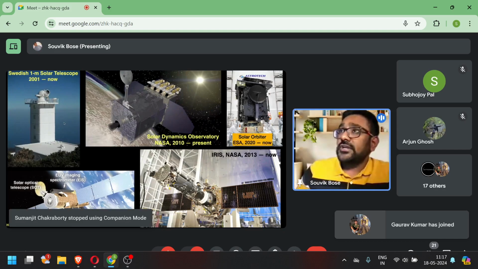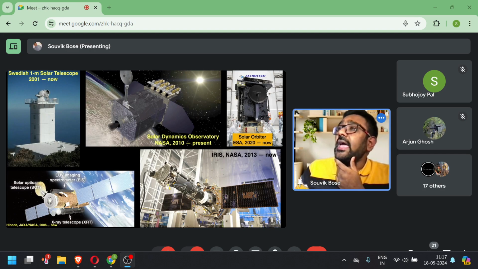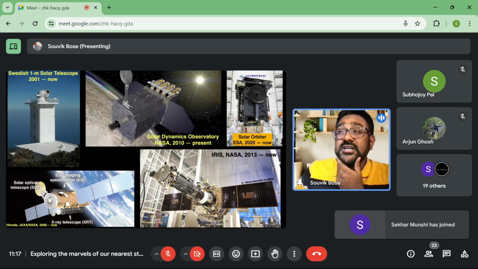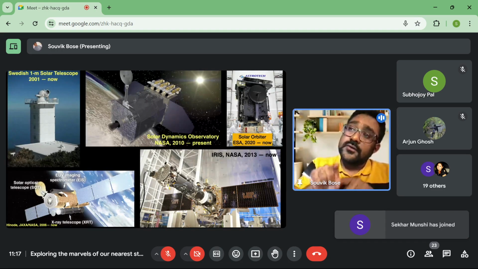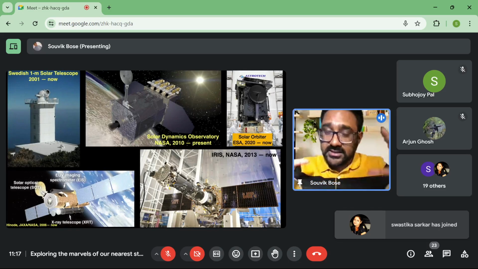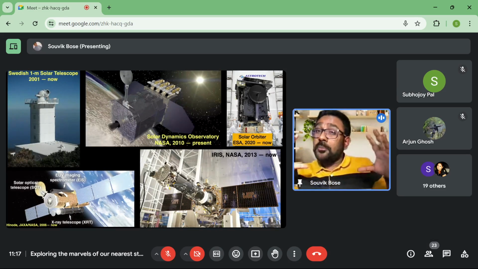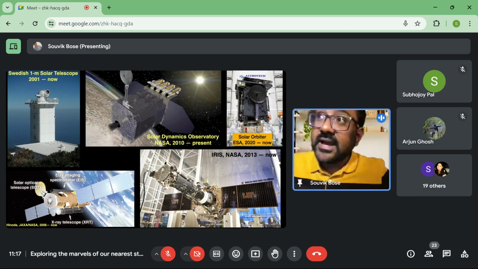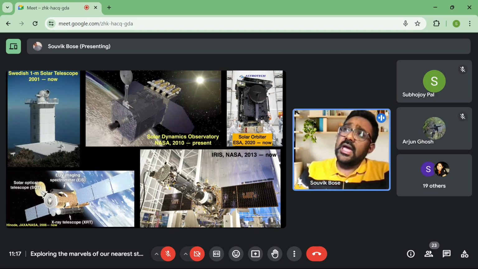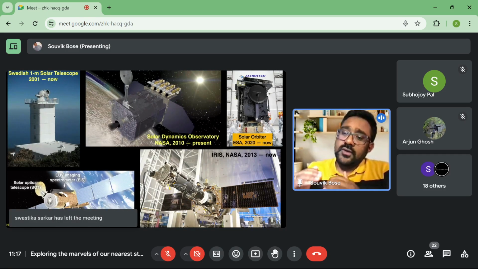We have observations from the ground-based Swedish 1 meter solar telescope, which has been functional from 2001. And this was the first telescope in the world to reach a spatial resolution of 70 kilometers on the surface of the sun, meaning that we can resolve features on the surface of the sun down to a scale of 70 kilometers, and that's huge. You can imagine the diameter of the sun is roughly 1.4 million kilometers. So if you consider that, and if you consider the resolution that we achieve, this is phenomenal. And this telescope still continues to function, and it provides high resolution observations of a certain region in the